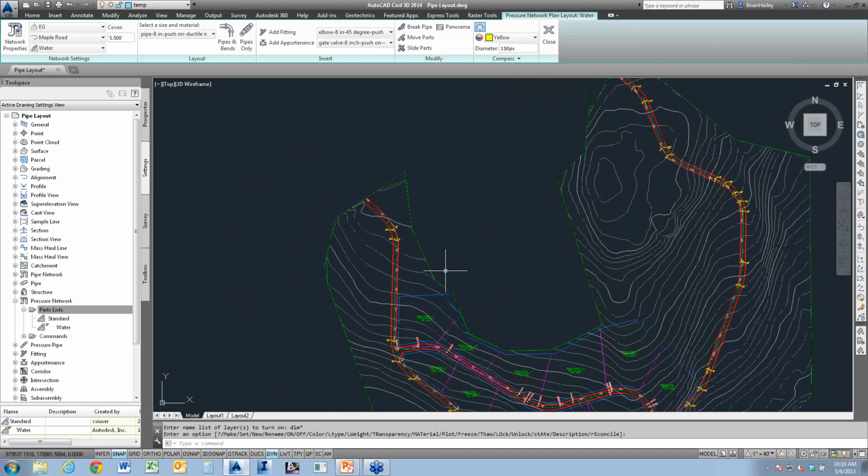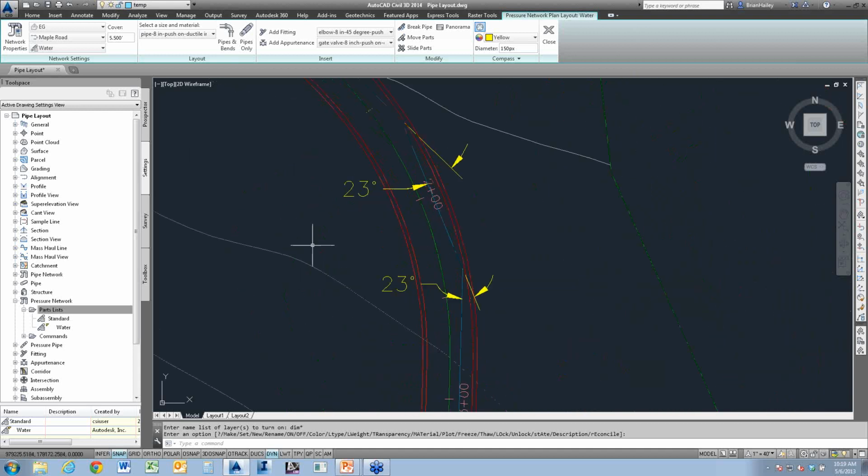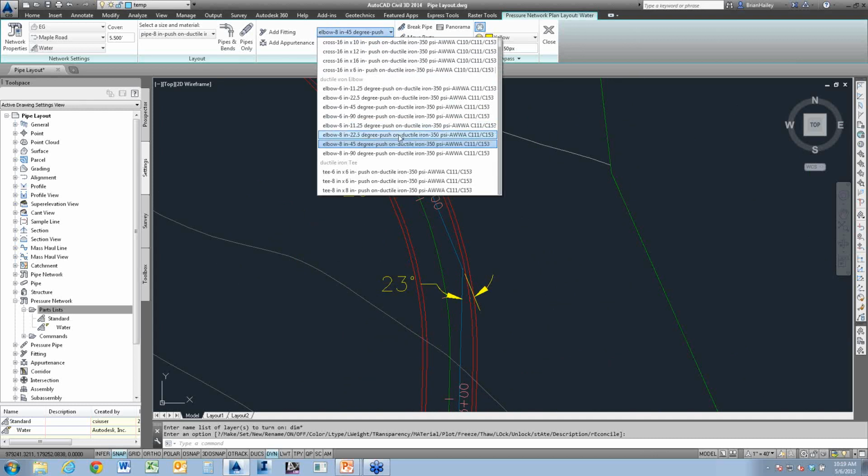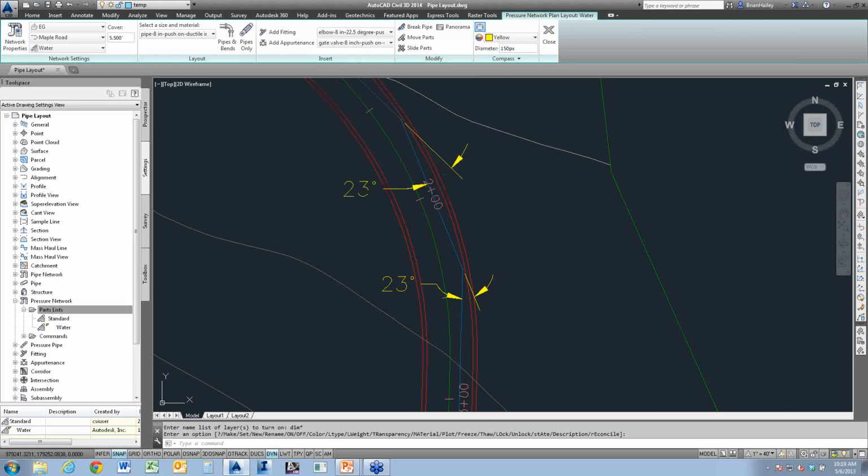And so what I like to do is I like to say, okay, well this is a 23-degree bend. What's the closest fitting I have to 23 degrees? Well, that's going to be a 22.5-degree elbow. I'm using 8-inch, so I'm going to choose 8-inch 22.5-degree elbow. And then I will add the fitting in myself before I start drawing any pipes.